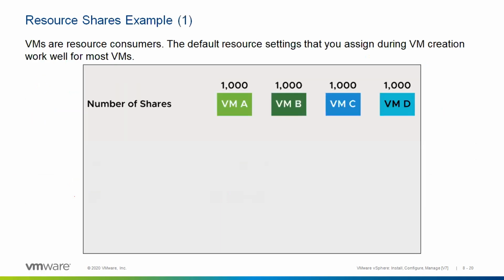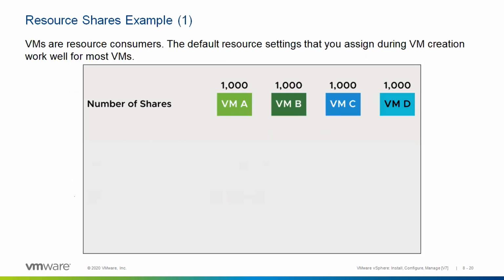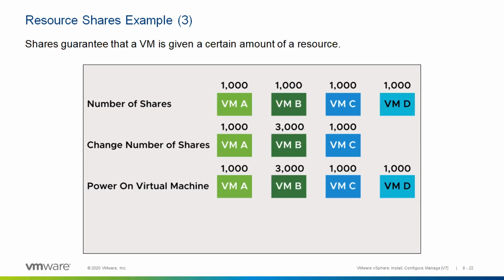Got it? Yes, no? So it is just an example, where the number of shares has been given equally to 4 virtual machines. If I change the number of shares for one virtual machine to 3000, it means we have increased the value. So priority will be given to this virtual machine when another VM powers on. In case of resource contention, priority will always be given to this virtual machine. For the rest of the virtual machines, it will be divided equally, whatever available capacity I have in the memory pool